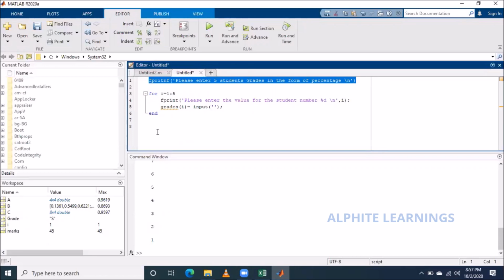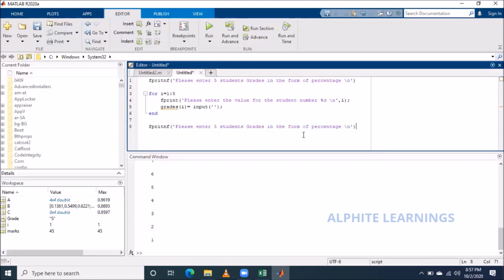Suppose like what is the mean of the total class? I'll say, the average grade is percentage d. The average grade is also a number here, right? So we'll be using percentage d. We'll use a function called mean of grades.